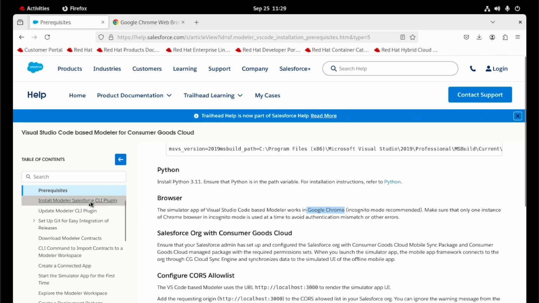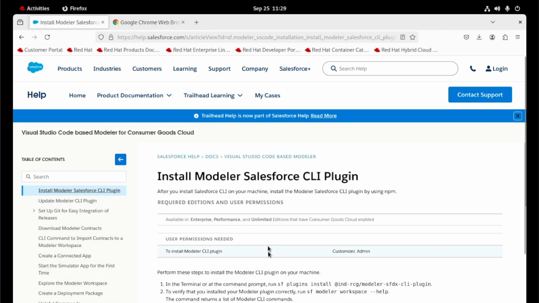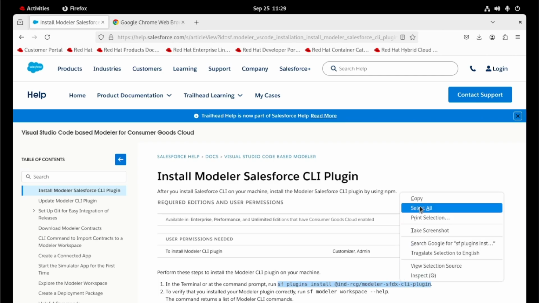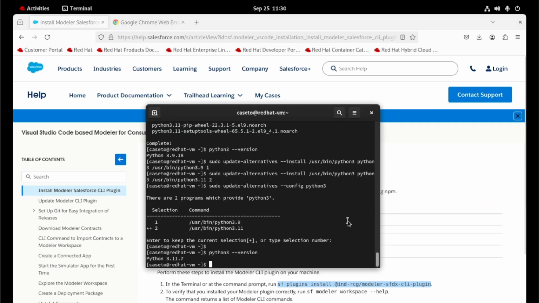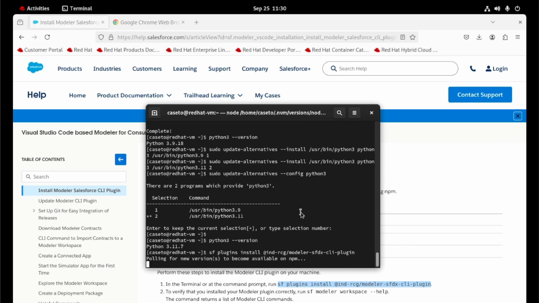Let's go to the install modular Salesforce CLI plugin, and here we have the command to install the CLI plugin. Copy and paste. Enter, and let's wait.